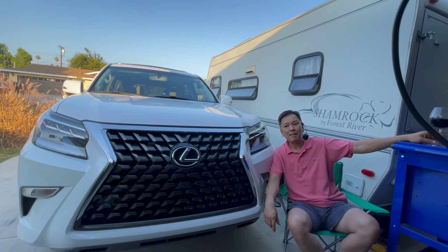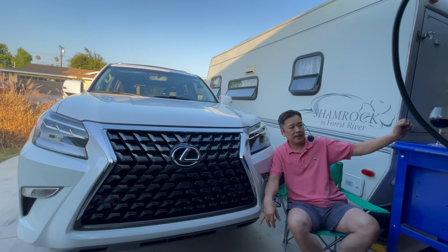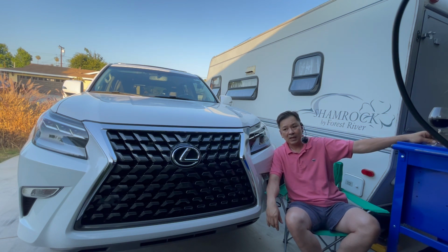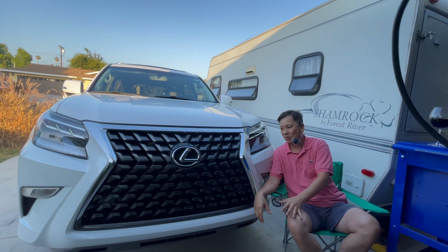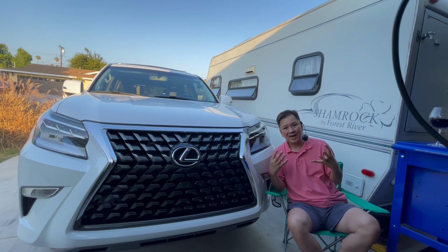So that made David from China scared. He didn't know I could do that. They put the funds on hold and they gave me back my money. Not only did they give me back my money, I still had the set of headlights. So what happened was I have a brand new set of headlights, and plus I got my money back, and